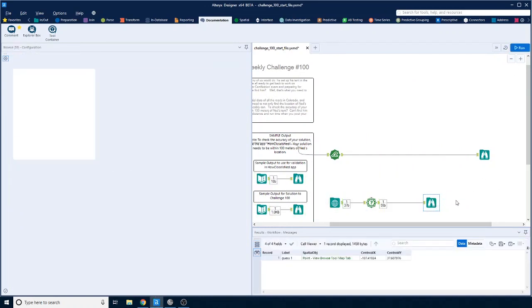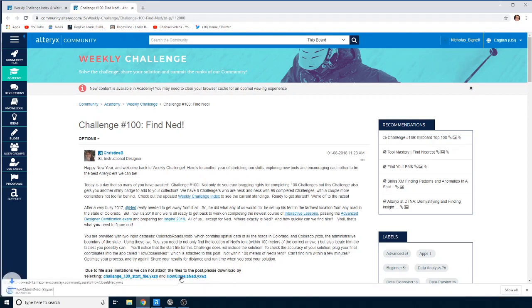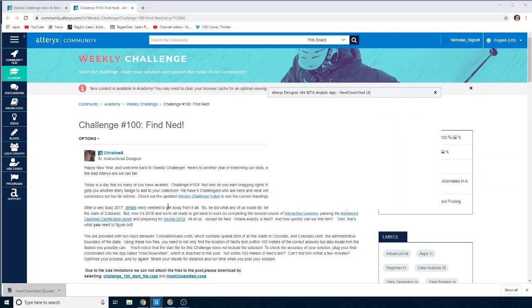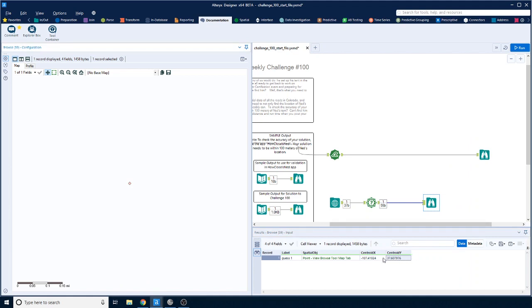Okay, so in here we've now got these coordinates. So if we copy that, and then back here, let's have a look at this. If we open that, okay, so we can put in the latitude, 37.6, and then the longitude will be